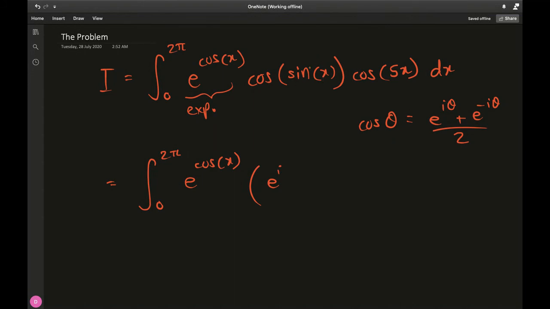Here we assumed an arbitrary theta, but we have a sine x. Plus e to the negative i, and then again sine x, and don't forget to divide by 2, and we still have the cosine of 5x